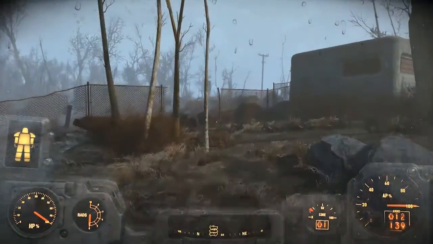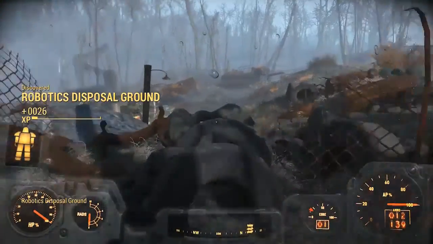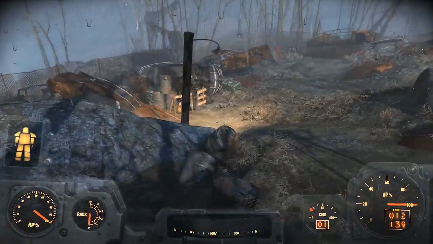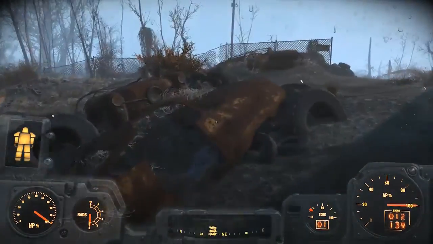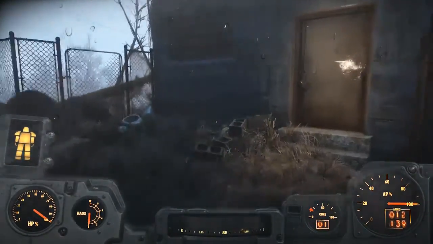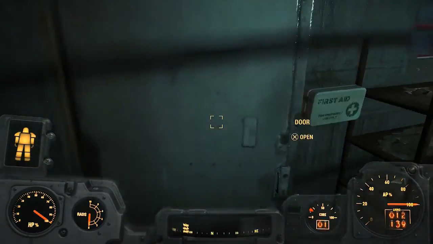Yes, this is it. This looks right. This is the robotics disposal ground. Okay, so now, you gotta be careful because there's a sentry bot right there, but it's currently inactive. So what you want to do is you want to go over here and open this door, close this behind you,